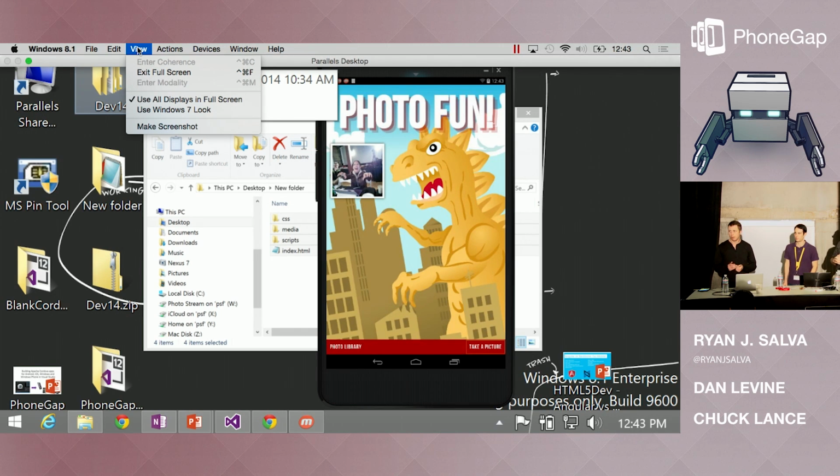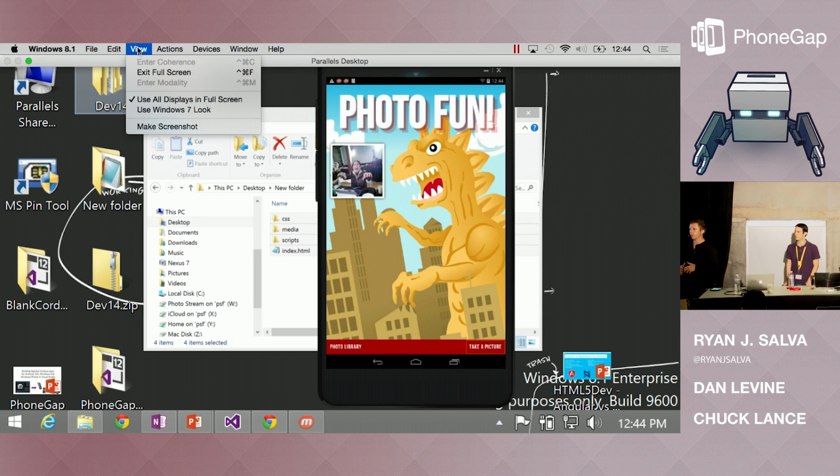I want to ask, are you cobbling together tools to make this happen, or is this fully Microsoft supported? In so much as we are doing tooling for Apache Cordova, and Apache Cordova requires multiple different build systems, and you have to use Node, and you've got to use a wide range of different tools, this is not an end-to-end Microsoft stack.